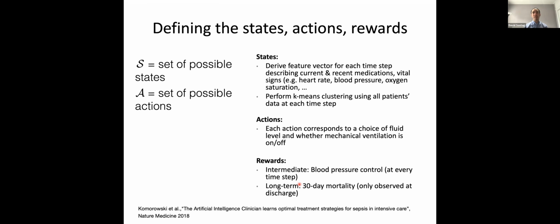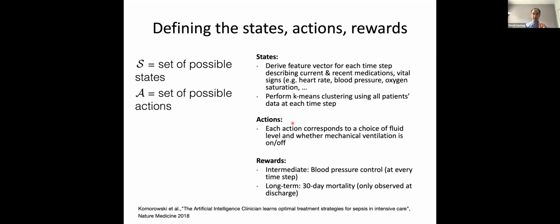Now, one might also be interested in having more intermediate rewards along the way. And this is one thing that you saw could be very helpful in learning a good policy, this type of reward shaping. And so one example of an intermediate reward might be blood pressure control. So we might know that if we keep the patient's blood pressure within some range, it's a good thing. And so if you ever see the patient's blood pressure go outside of that range, you have a negative reward associated to that. And so that's how you define the reward function. Again, the reward function is a function of the states. Here, we're going to ignore the actions when defining the rewards. So we have the states, we have the actions, we have the rewards, we have everything we need to define